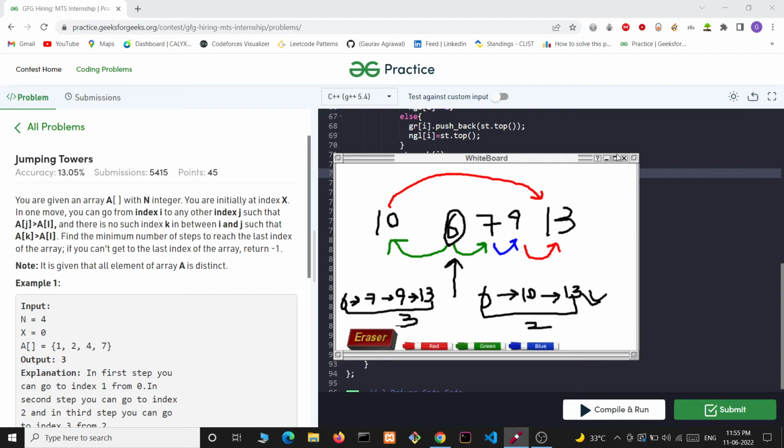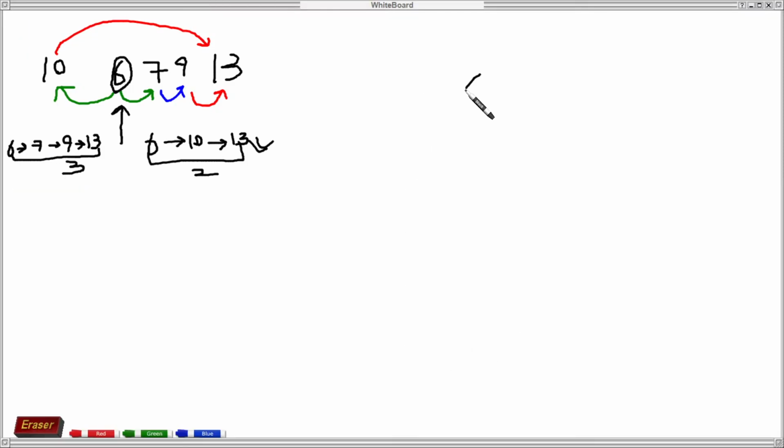So now how to solve it? Let me mark the indexes also: 0, 1, 2, 3, 4. From index 1, which is the starting index, we can go to index 0 or index 2.